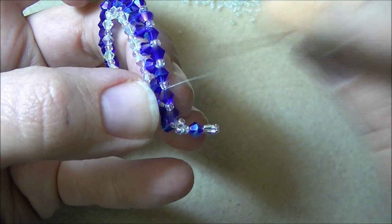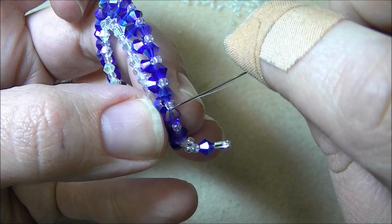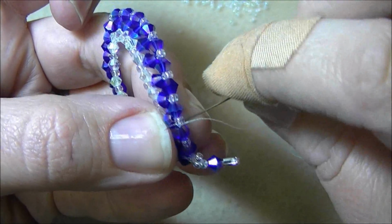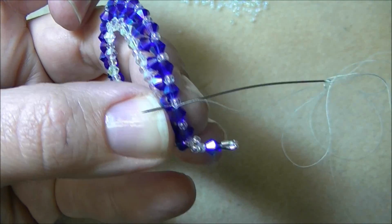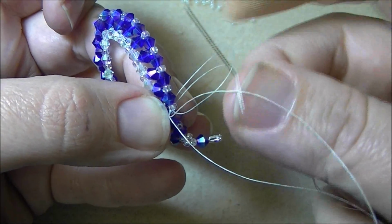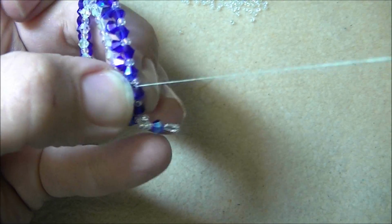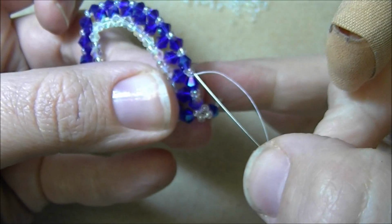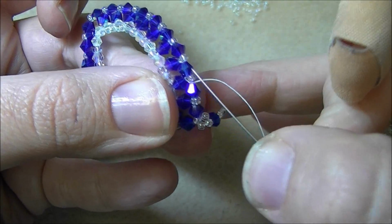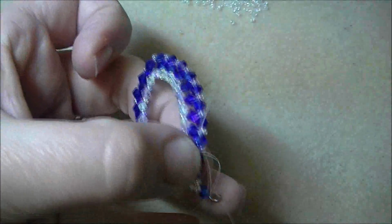So what that means is I'm right here, my thread's coming out between the 4mm and the size 11 seed bead. I'm going to take my needle and I'm going to wiggle my thread up underneath between those two beads. I'm going to pull and leave myself a little loop. Stick my needle through the loop and pull. And when I pull that thread, I want to make sure that that knot I just made goes between the 4mm and the 11. I'll stitch through a few beads